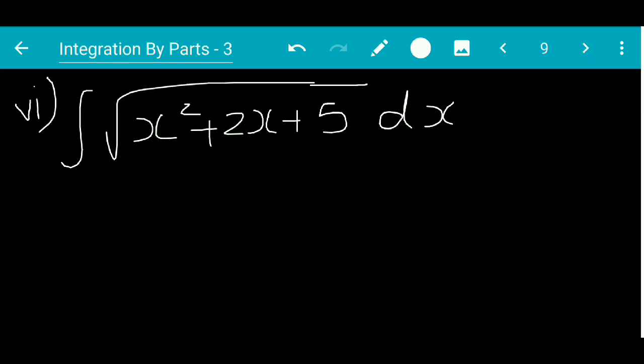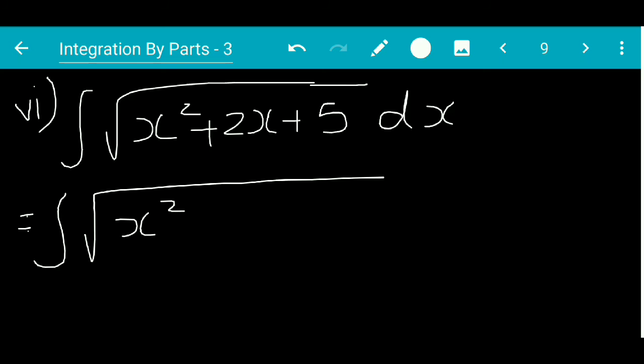Now we go to the sixth question of miscellaneous exercise 5, question 4 itself. The question is the integral of root of x square plus 2x plus 5 dx. Now when three terms are given in the root sign, we have to complete the square. We have to use the method of completing the square. Those who have been following my videos earlier will know what is the meaning of completing the square. Yes, we take half the coefficient of x the whole square. That is, in this case, half of 2, which is 1. So 1 square means 1. So we write plus 1 minus 1 plus 5.